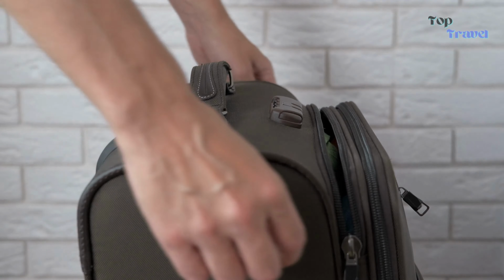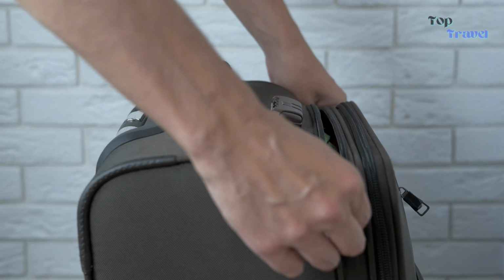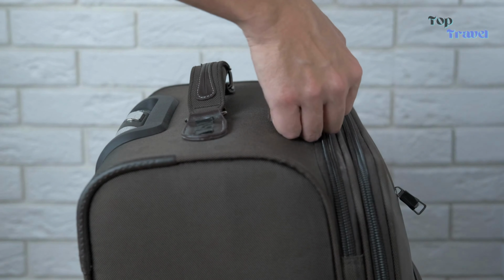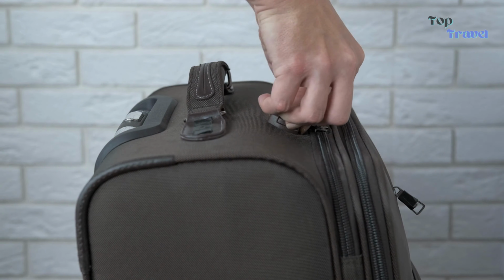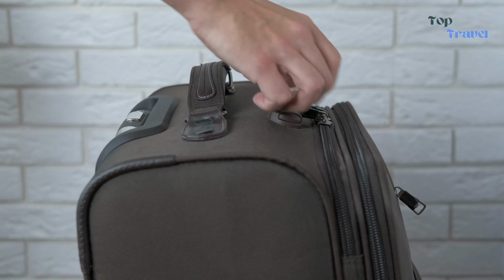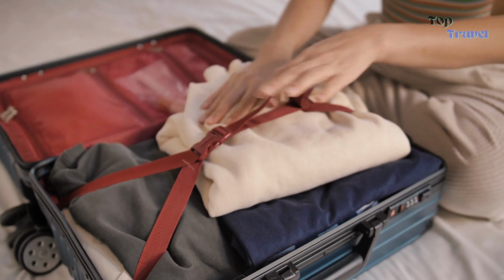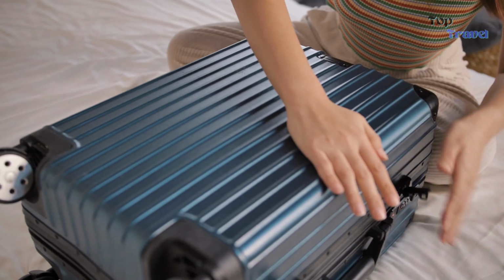Are you preparing for your next adventure but dreading the task of packing? Don't worry, we've got you covered. In this video, we'll be sharing some practical tips and advice on how to pack for a trip like a pro. From choosing the right luggage to packing your clothes efficiently, we'll walk you through the process step by step. So whether you're a seasoned traveler or a first-time adventurer, sit back, relax, and get ready to become a packing